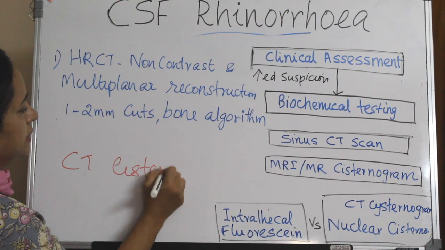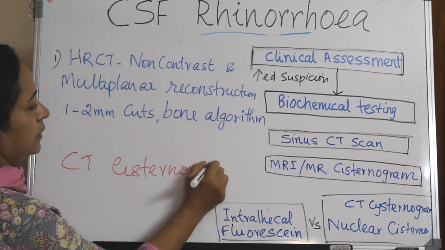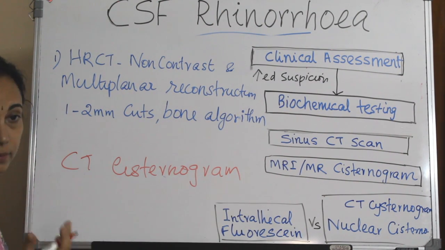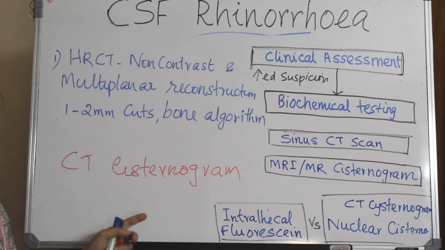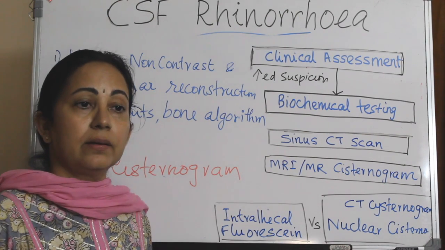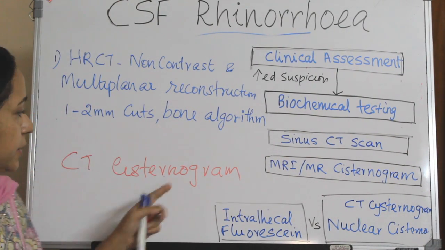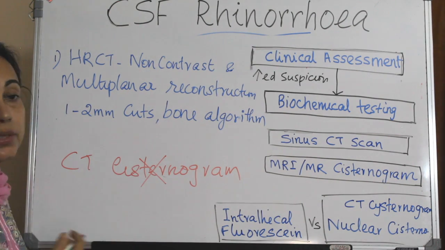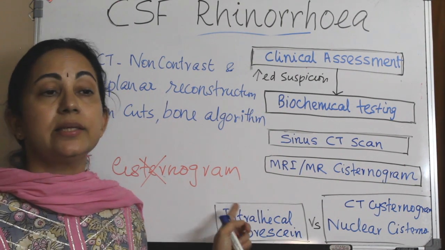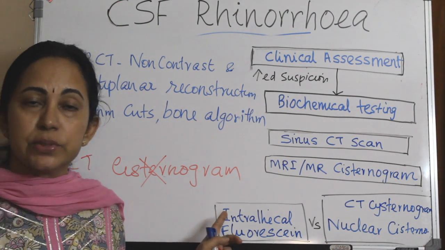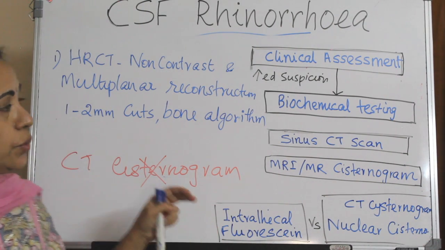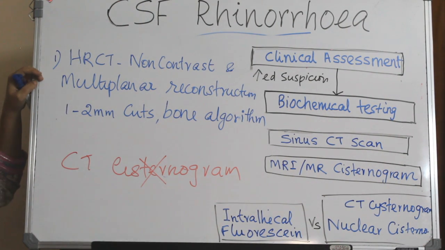Isn't it? CT cisternogram with metrizamide and also the newer iohexol as a dye. But this is not at all used nowadays because there are so many possible complications, and this CT cisternogram is of no use in case of an inactive leak. So if at all, do a high resolution CT scan of 1 to 2 mm cuts, that is in bone